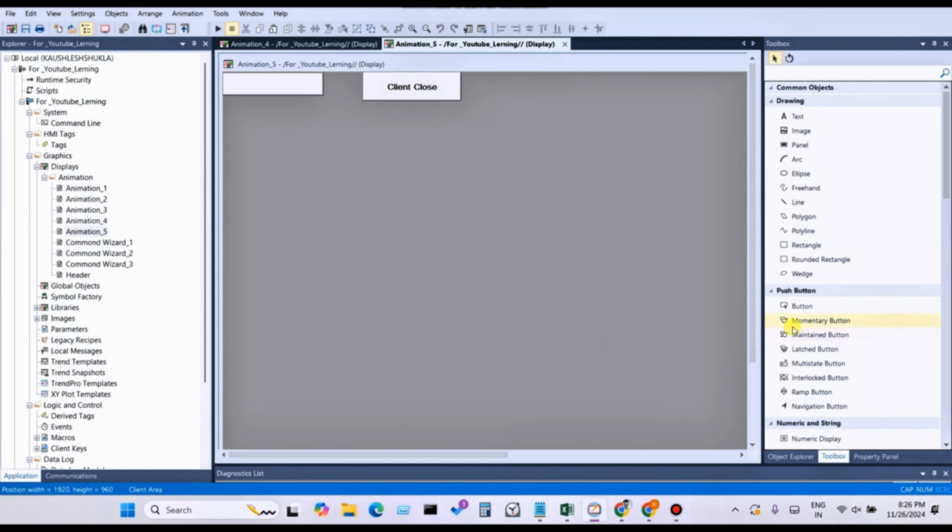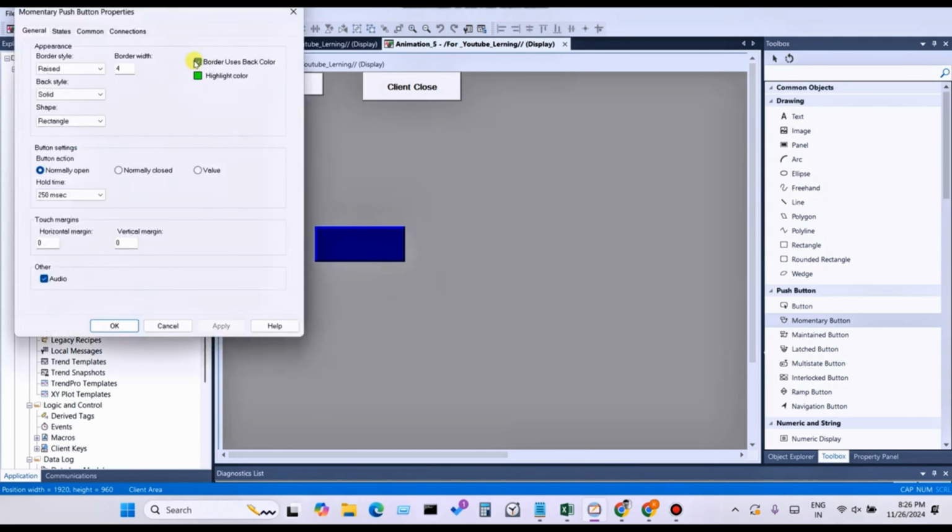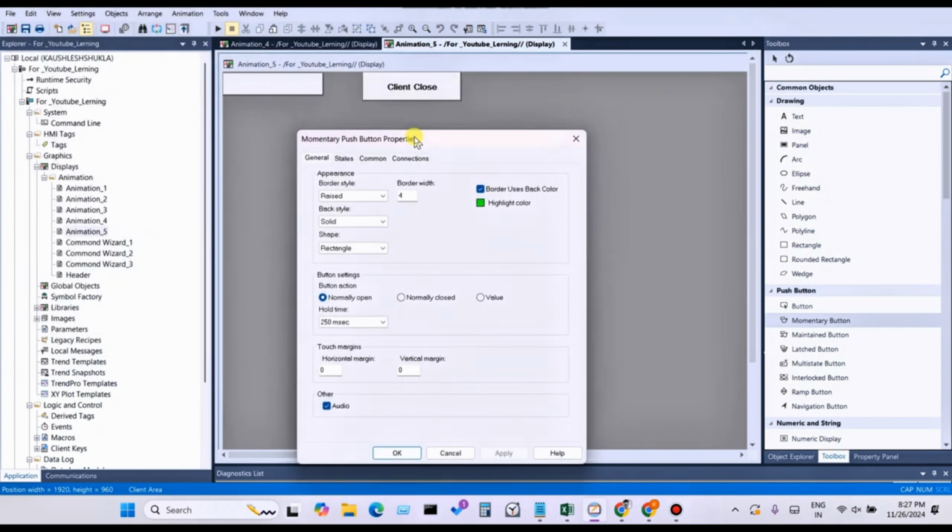First, you take a momentary button. Here you can see the momentary button, and all the buttons, the push buttons, are here. I already told how to use a button, and in this lecture I will explain how to use the momentary button and the maintain button. Both buttons are very important. You take the momentary button, right click and drag and drop it on the display. You can see the momentary button, and in the property of the momentary button, what you want to do,